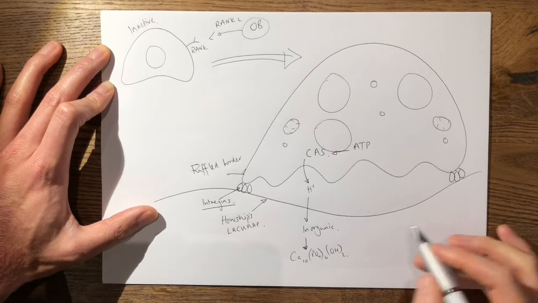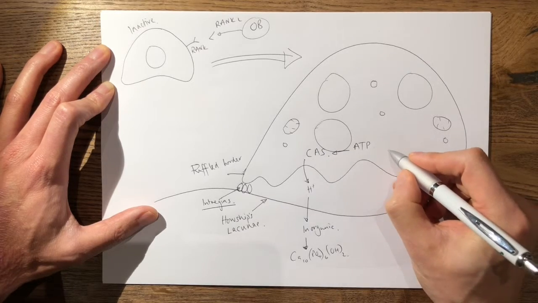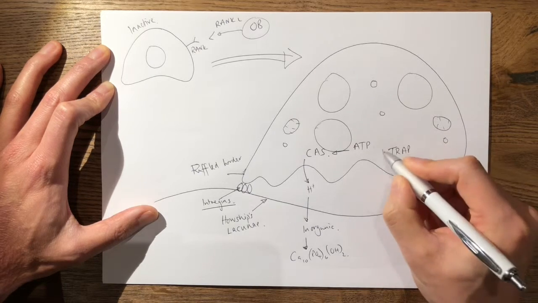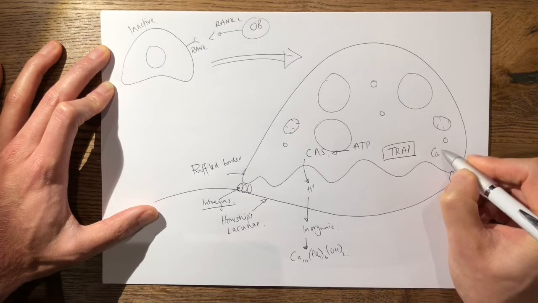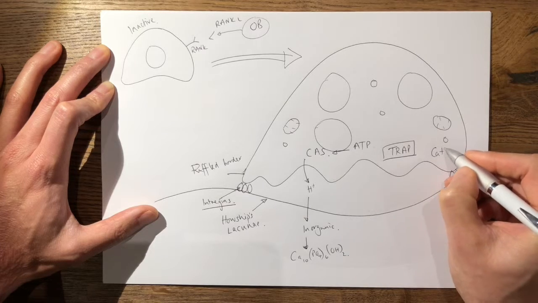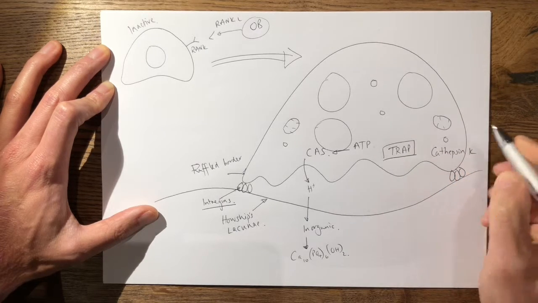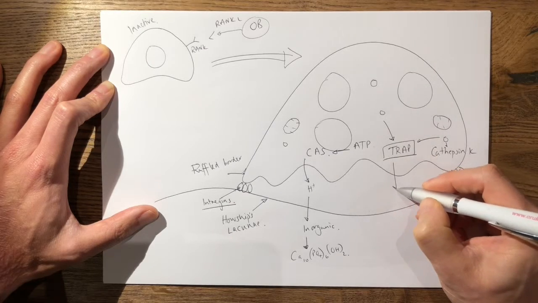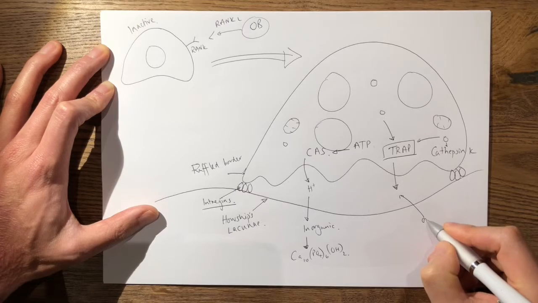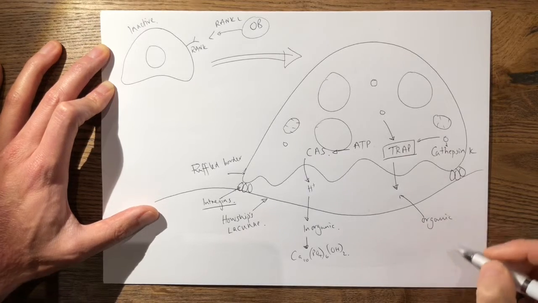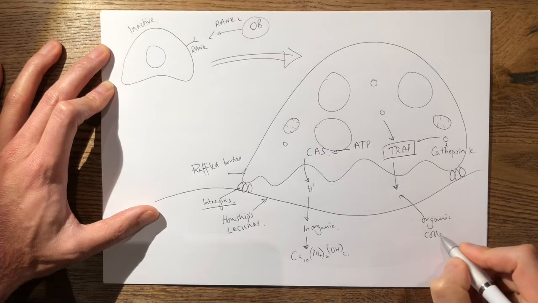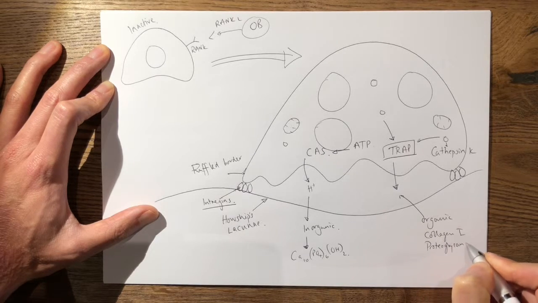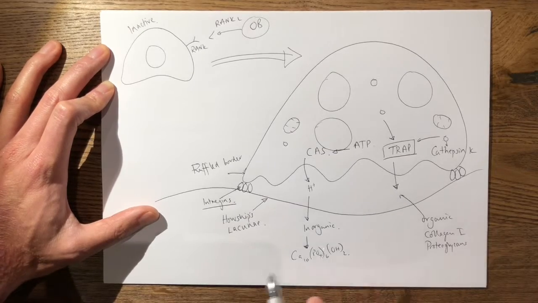To resorb the organic matrix, it releases proteolytic enzymes called tartrate-resistant acid phosphatase, or TRAP, and also cathepsin K. Now, these are produced by the lysosomes and the mitochondria, and these dissolve the organic extracellular matrix, and the organic matrix is mainly collagen type 1, your proteoglycans, and your other proteins. So this is largely how